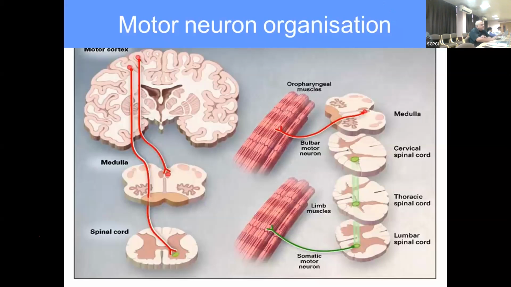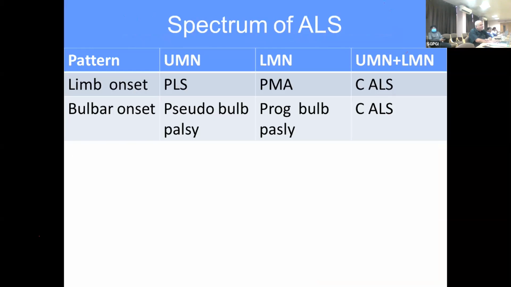But actually, the motor neurons lie in the cerebral cortex also, and then go to the medulla and then to the spinal cord and then to the muscle through nerves. So the degeneration can be in the motor neurons rather than only anterior horn cells. We must keep that concept in mind, that the motor cortex may also be affected. And it may be a combination of upper motor and lower motor neuron, which may have a